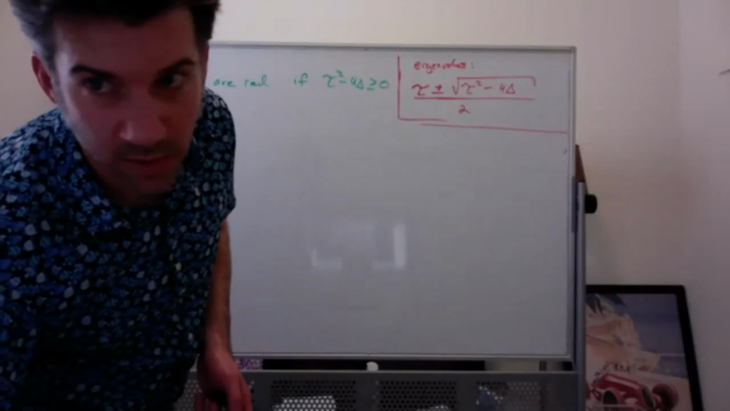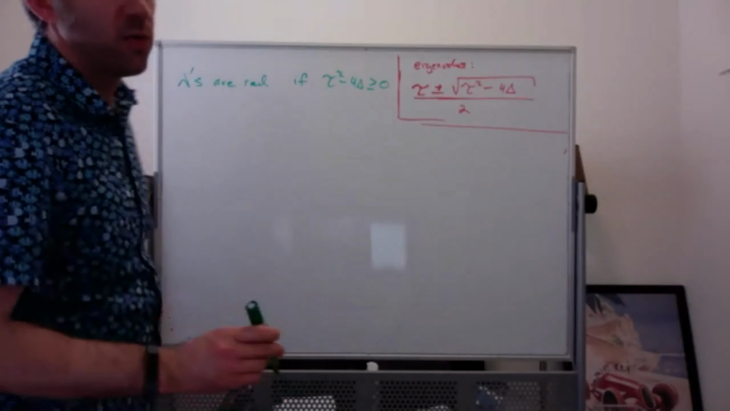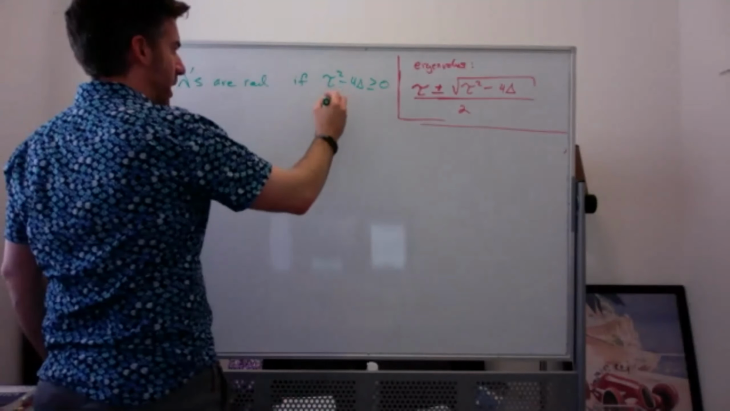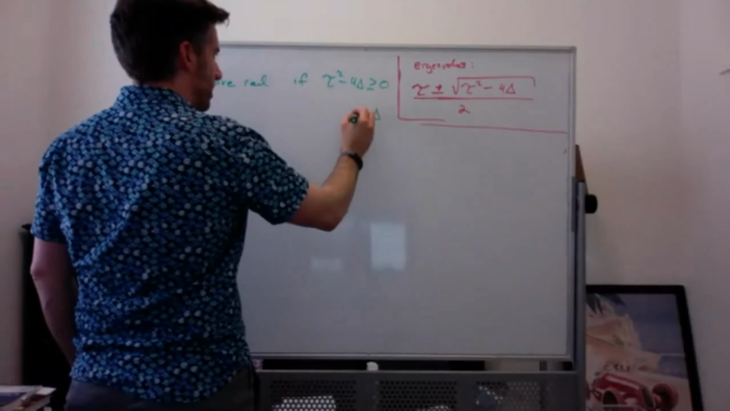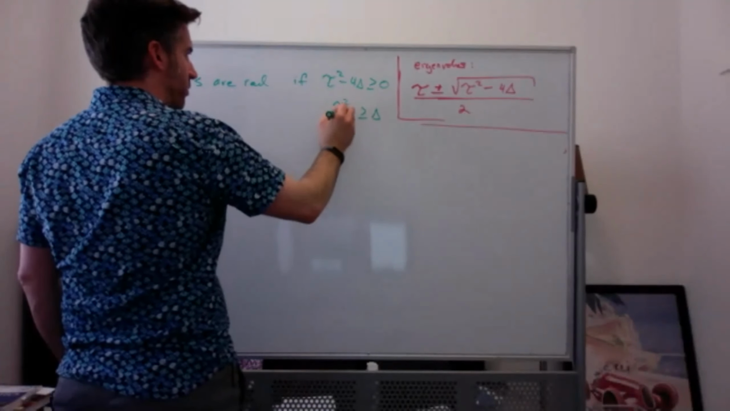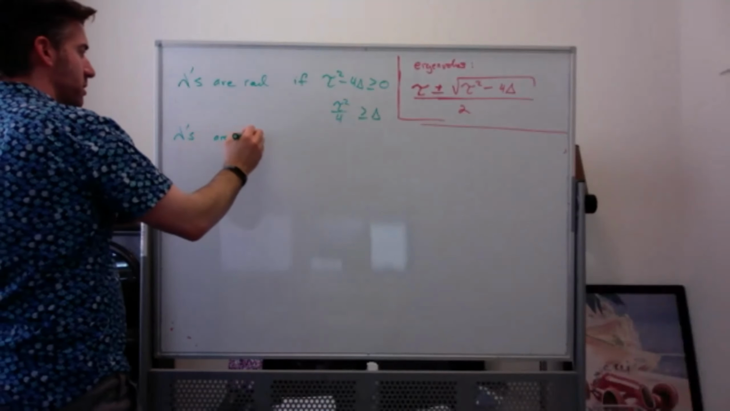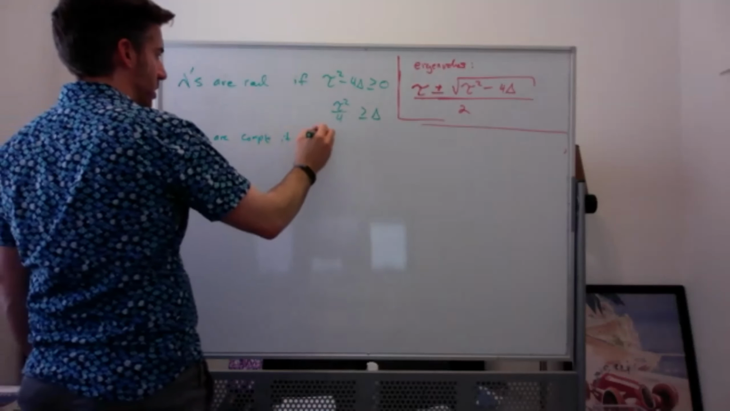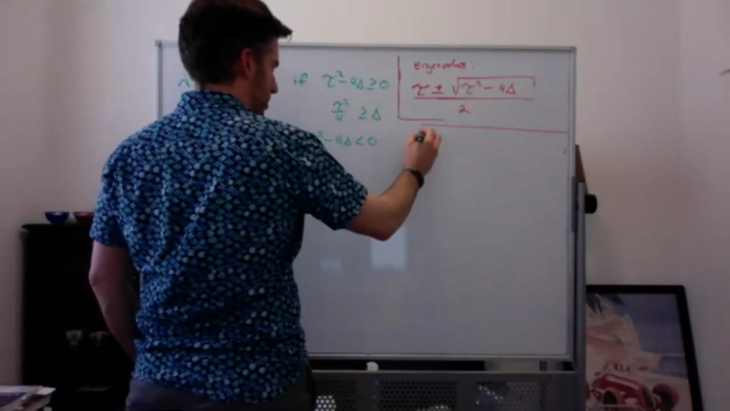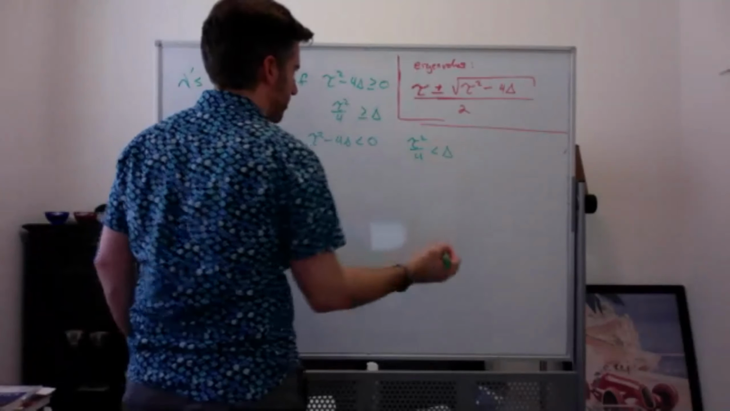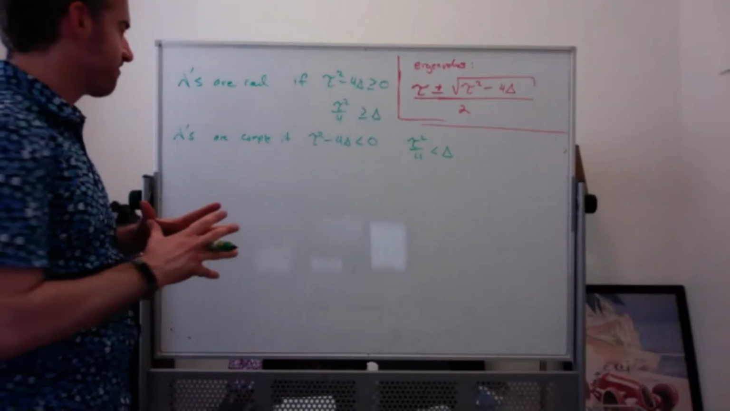We can rewrite this as delta being less than or equal to tau squared over 4. In a similar way, we know the eigenvalues are complex if tau squared minus 4 delta is less than 0, which ends up looking like tau squared over 4 is less than delta. And so what we like to do is draw a picture